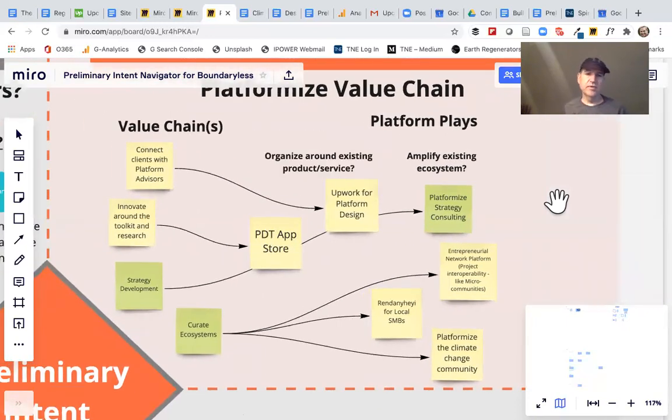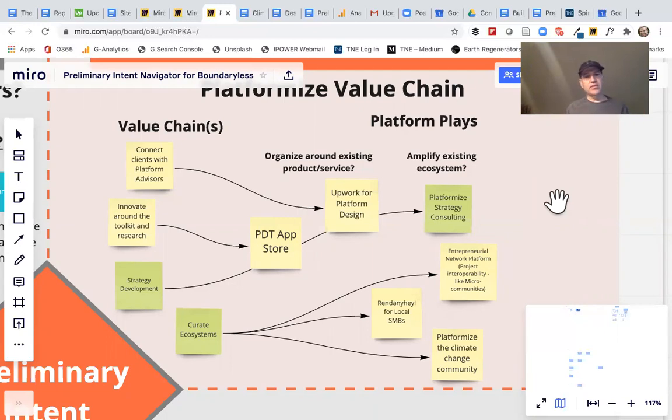Would love to potentially do an exercise like this with Boundaryless around some of these. Then we tried to tie those back into specific value chains. We've got a value chain around connecting clients with advisors, one around research and innovation on Platform Design Toolkit, one on the strategy development process, and then one very broad one around curating ecosystems.